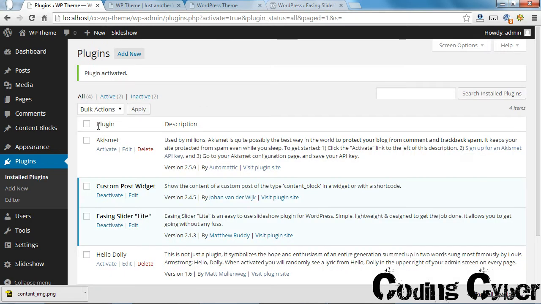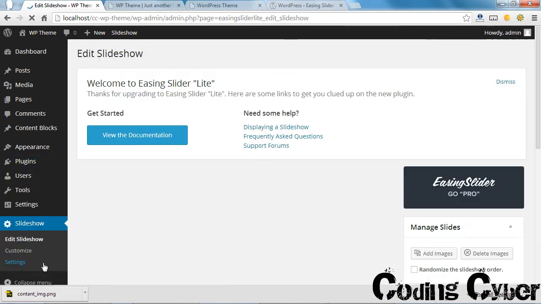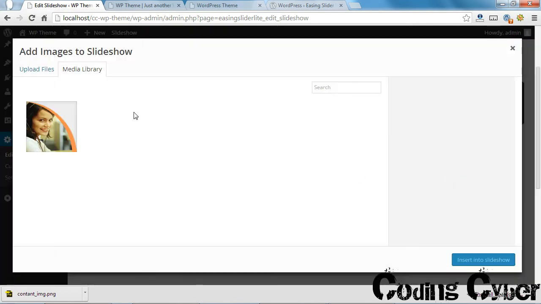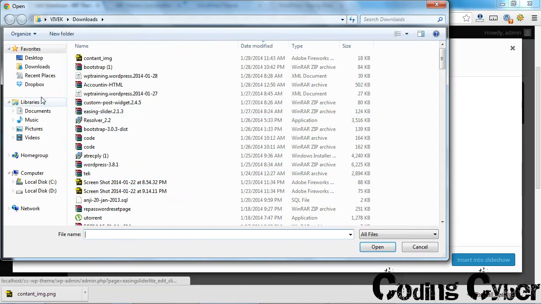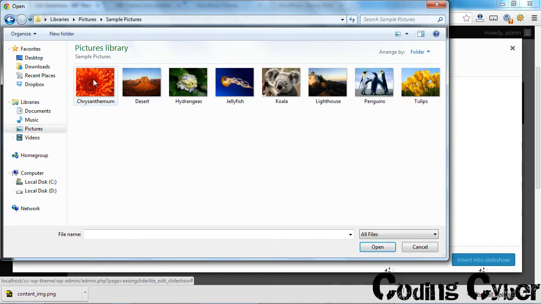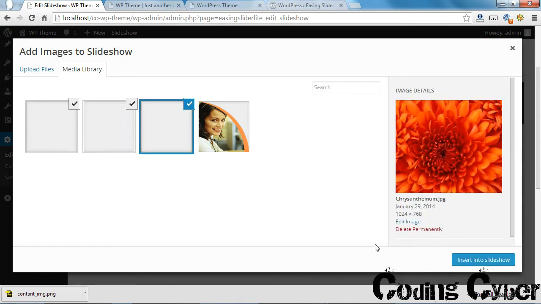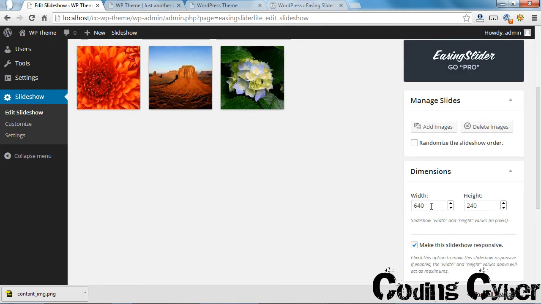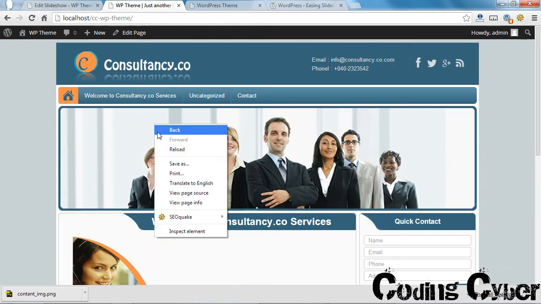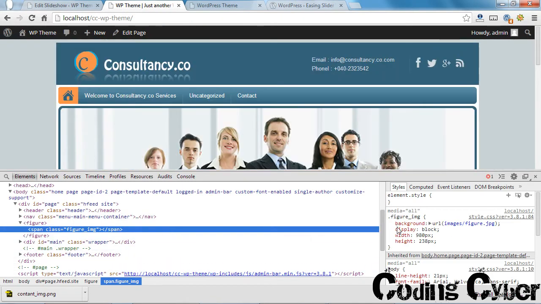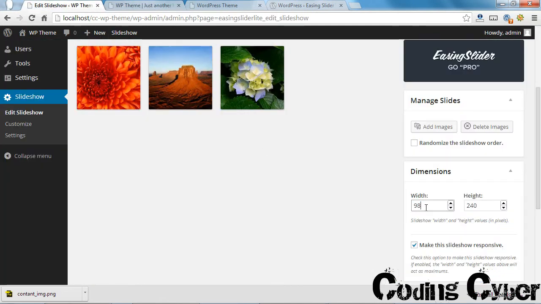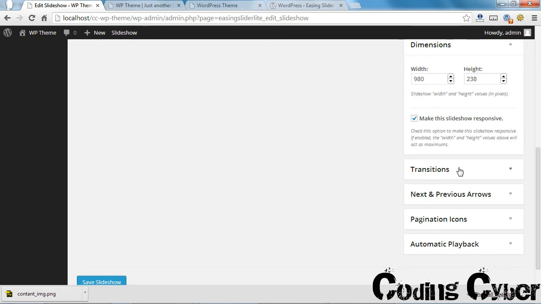After settings, here it's already there, and now I can add images. I'll use default Windows images, just 2 to 3. I'm going to insert this into the slideshow, and you can define width and height. As per this image, I'm going to use 980 pixels by 238 height, and you can configure all these options, the transition effects, and